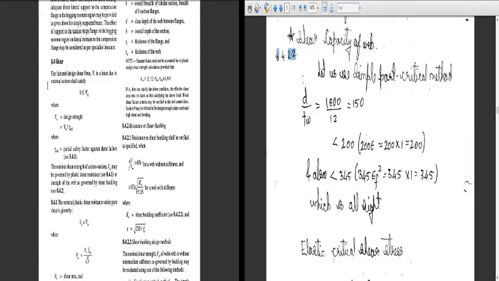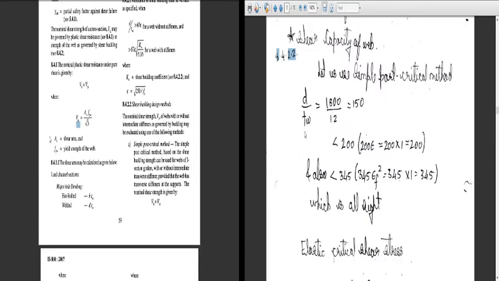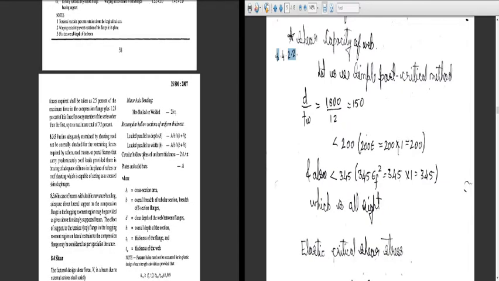So, 8.4 gives the design shear force, which is given by V less than or equal to Vd, where Vd is the design strength. So, it is Vn divided by gamma m0, where gamma m0 is the partial factor of safety. And in 8.4.1, the nominal plastic shear is computed, that is Vn is equal to Vp, and Vp is given by Av into fyw divided by root 3, where Av is the shear area and fyw is the yield strength. Now, the shear area may be calculated by these formulas. So, here they have given the formulas.